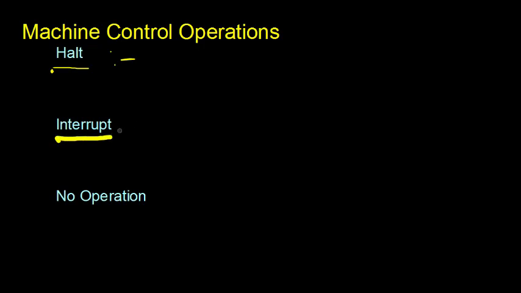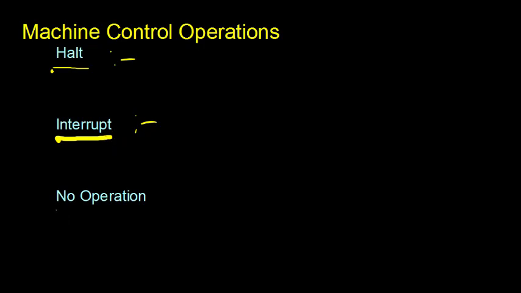Then we also have interrupts. There are 2 types of interrupts: maskable and non-maskable. With these interrupts, any external device can interrupt the processor, so that the processor can execute some instructions with respect to that particular device which has interrupted the processor. So we can write sophisticated programs using the interrupts. There are many interrupts, and we will see them in detail afterwards.